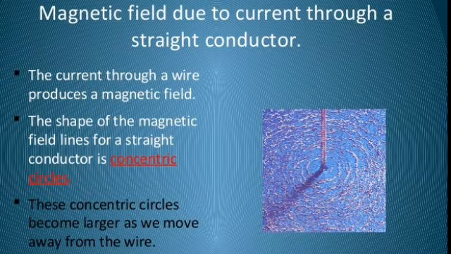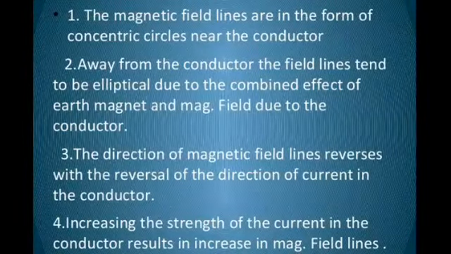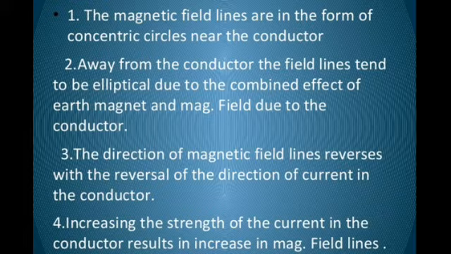When a current is passed through a straight current carrying conductor, the current through the wire produces a magnetic field. The shape of the magnetic field around the straight conductor is in the form of concentric circles. That means these concentric circles become larger as we move away from the wire. It was found that the magnetic field lines are in the form of concentric circles near the conductor, and these